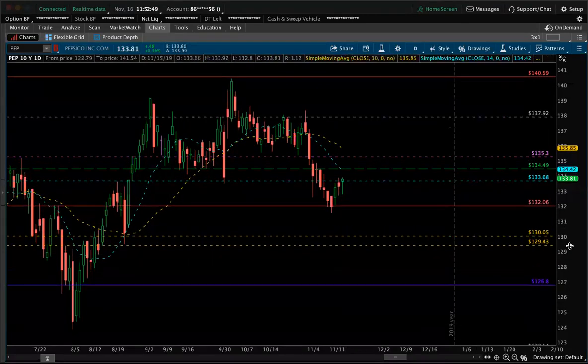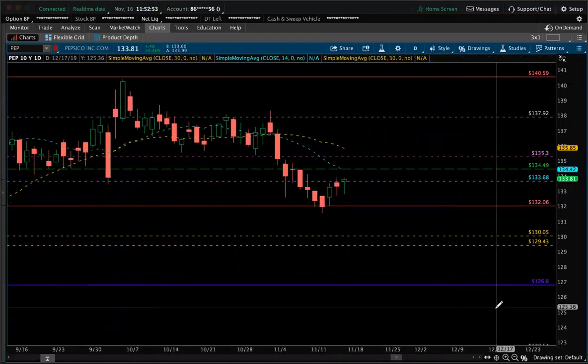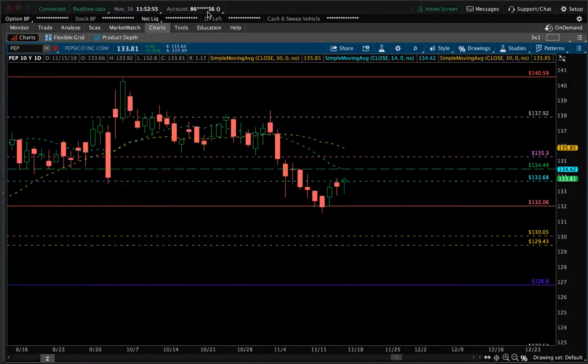So now that we're in 135s, price is way below. Not way below, but it's good enough. It's below the 14 and 30 SMA. So the price is outside of the 14 and 30 SMA, and we need that vacuum to happen. As you can see, the 14 is actually in line with the middle Fib extension, which is our green bar, which is 134.49. They line up together.